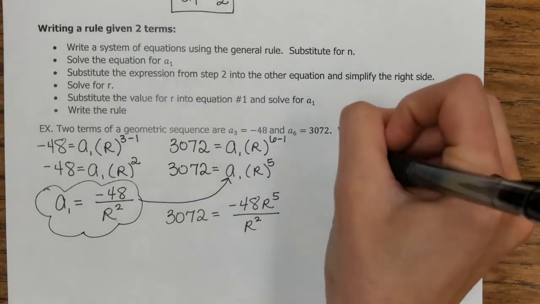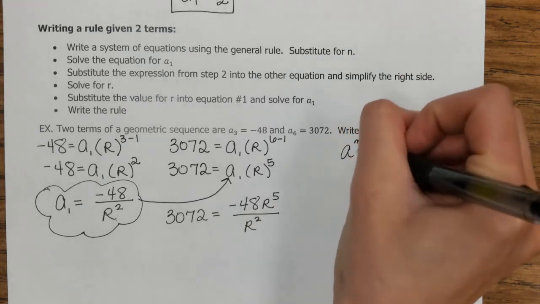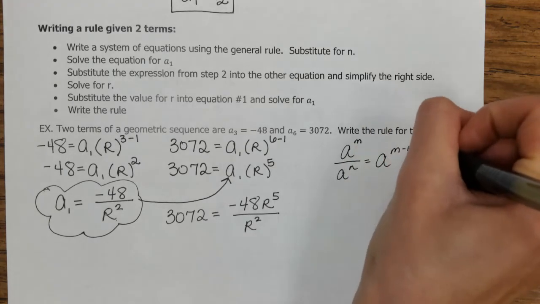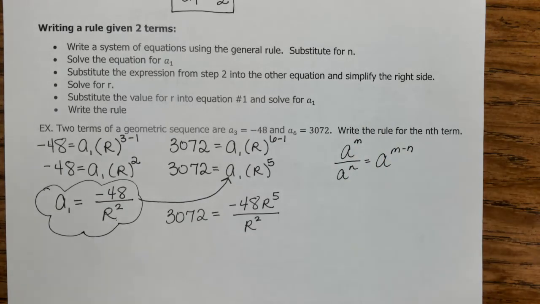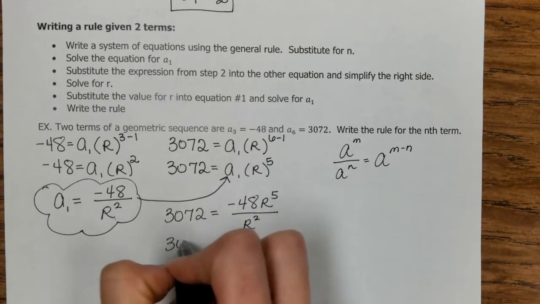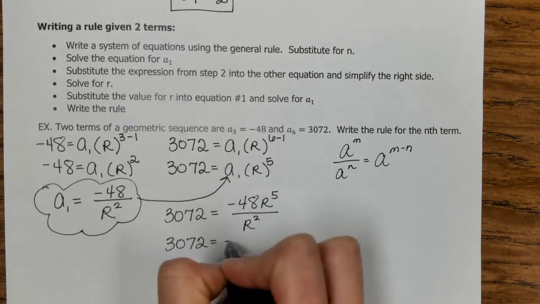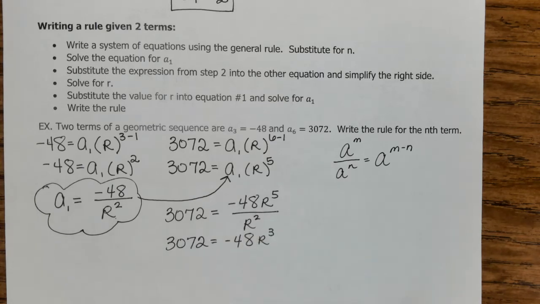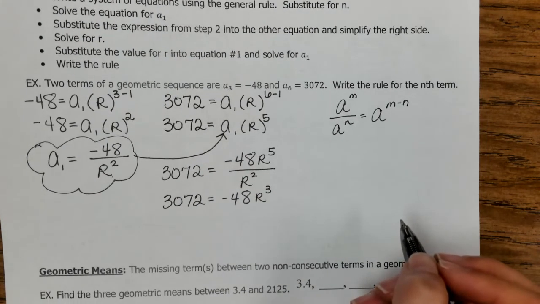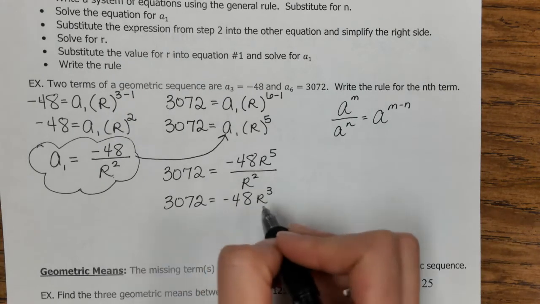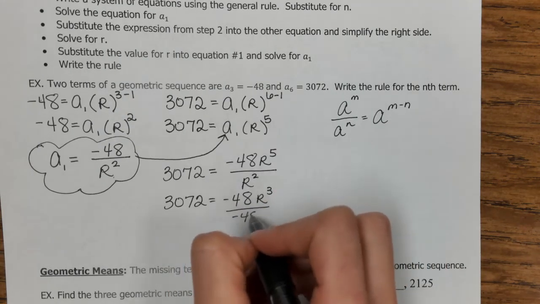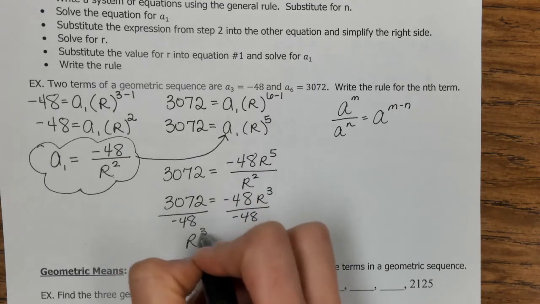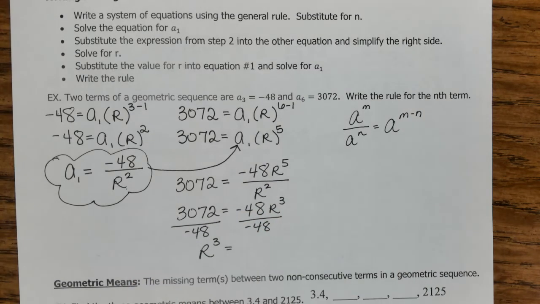So if you remember your exponent rules, if I have a to the m over a to the n, that is a to the m minus n. I'm subtracting my exponents. So 3072 is equal to negative 48 r to the third. I need to solve for r. So I divide both sides by negative 48. R cubed is equal to